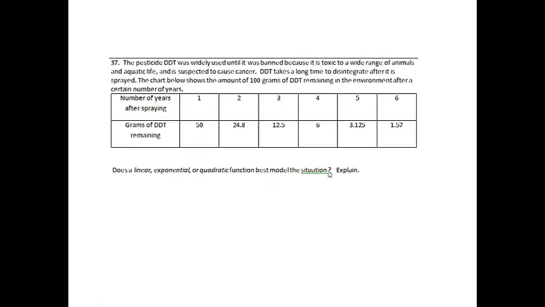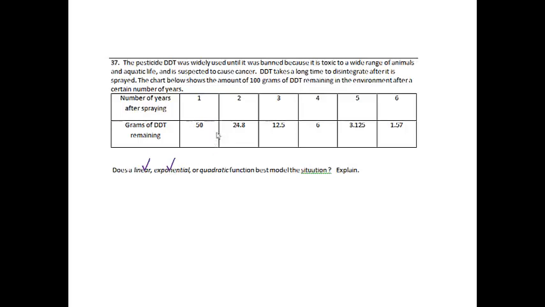Okay, problem 37. The pesticide DDT was widely used until it was banned because it is toxic to a wide range of animals and aquatic life and is suspected to cause cancer. DDT takes a long time to disintegrate after it is sprayed. The chart below shows the amount of 100 grams of DDT remaining in the environment after a certain number of years. So if you look at the grams of DDT remaining, we can notice that the numbers in the chart are going down. They're not going back up, so it can't be quadratic, so we know it's either going to be linear or exponential. And if we look at this, we need to see, is it going down by a